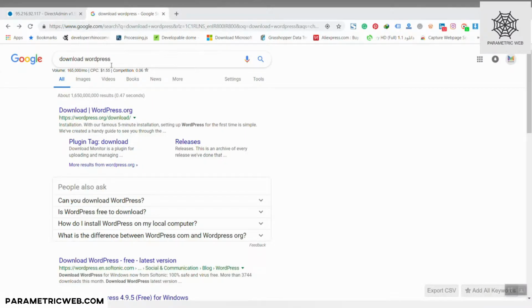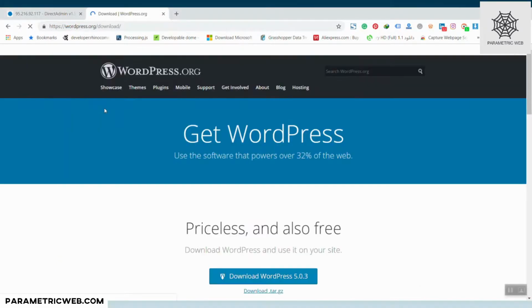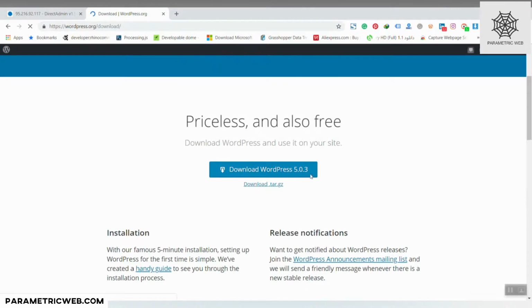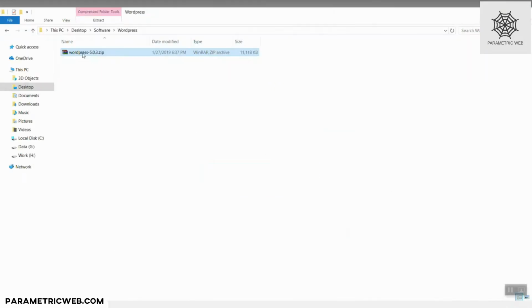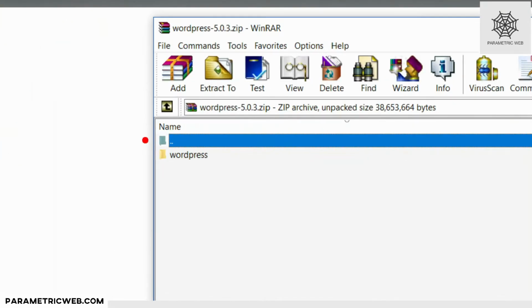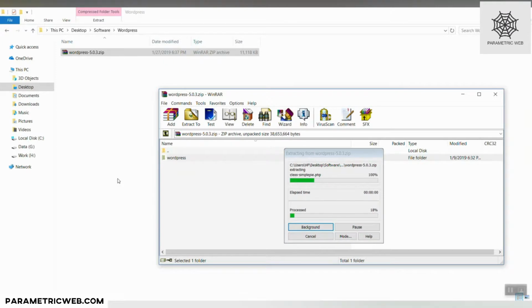Start from scratch. As you can see here, I just searched for download WordPress, and we can go to the WordPress website. I can download the WordPress, and if you double click on this, you can see that we have the WordPress folder. So what I want to do is to extract this here,